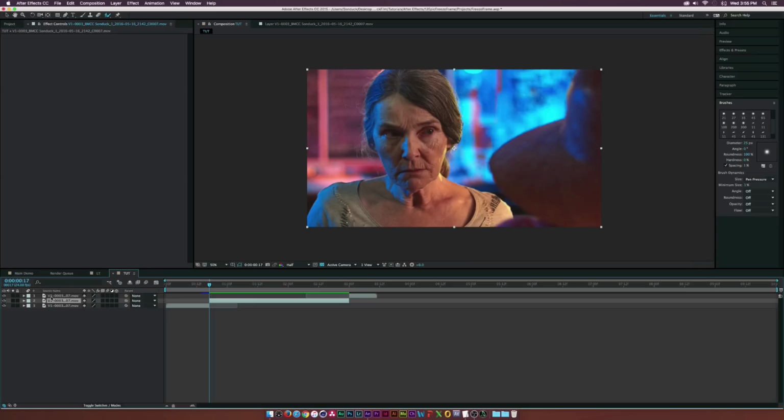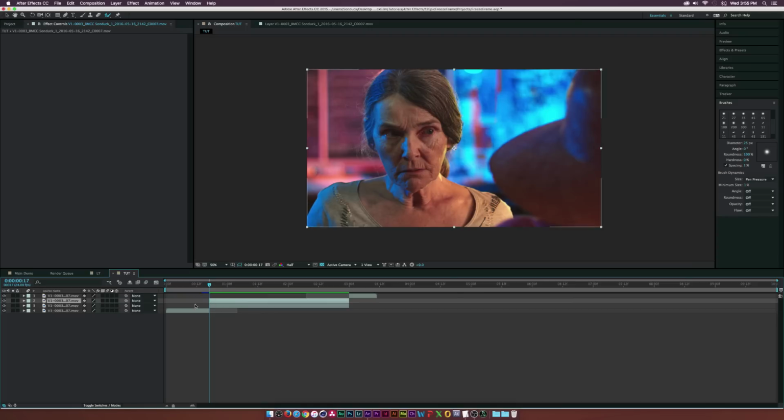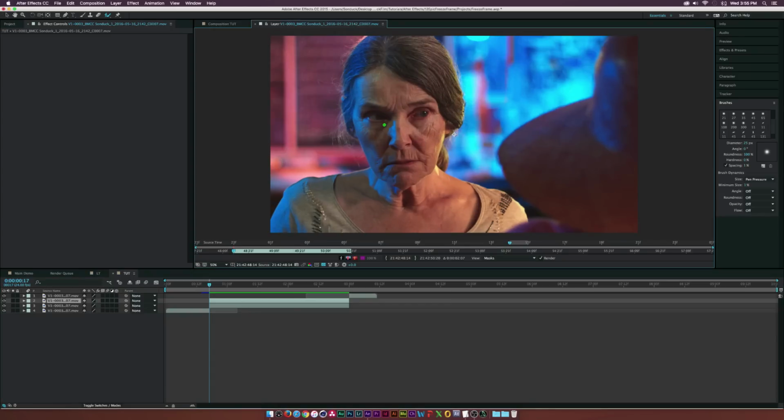So let's go ahead and duplicate this layer. And you can do that by going up to Edit, Duplicate. So basically what I want to do is cut our talent out from the background here. So what I'll do is make sure I'm on the first frame of this layer, and I'm going to go to the Rotobrush Tool right here. And basically I'm going to double click our clip,